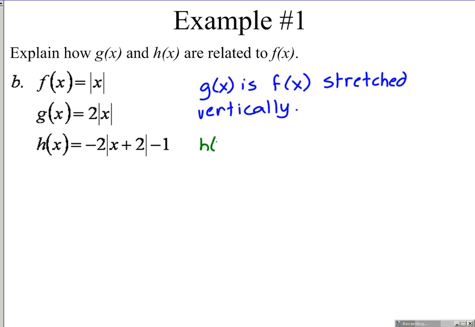H of x is the same as f of x, but we've done all 4 different transformations now. We've added or subtracted something directly from x. We've added or subtracted something from the entire function. We added a coefficient, and we added a negative sign. So we have 4 different transformations being done here to h of x. Let's start with our shifts. Adding the 2 directly to x, remember, since we're adding it directly to x, is going to shift it along the x-axis. It's the opposite number of units, so h of x is f of x shifted 2 units to the left,